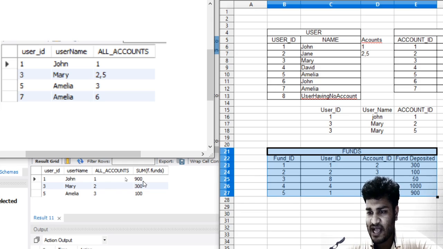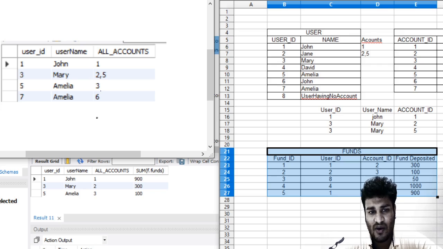So this is what has been fetched. Then Mary has two accounts, 2 and 5. If you see over here, account 5 does not have any funds. That's why this table does not have account 5 for Mary. It has been removed, and Mary has only account 2, which has funds of 300.